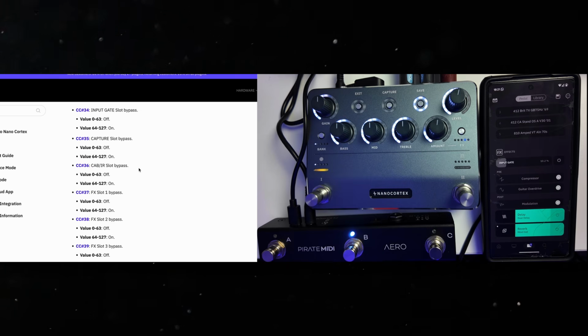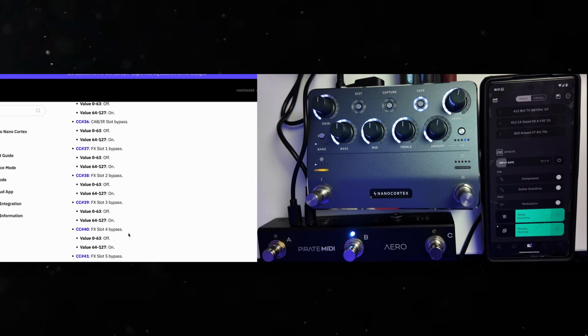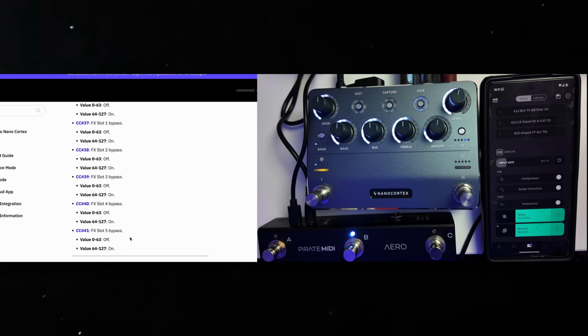So the ones that we're going to pay attention to here are the effects slot 2, 3, and 4 bypass. I'm going to leave effect slot 5 as my always on reverb. Effect slot number 1, if I am going to use it, I'm probably going to use it as an always on compressor. So we need CC 38 for effect slot 2,